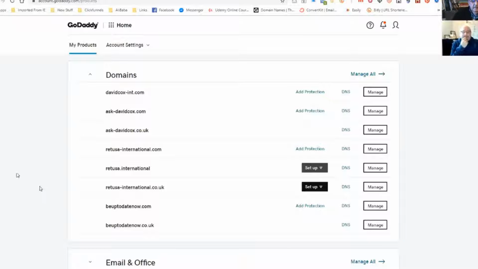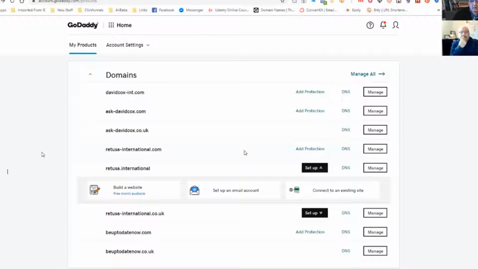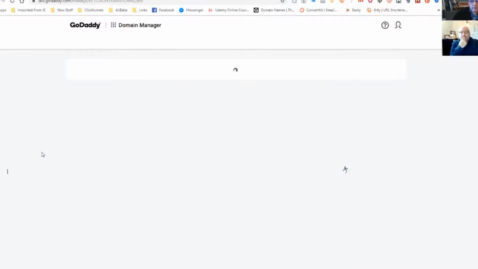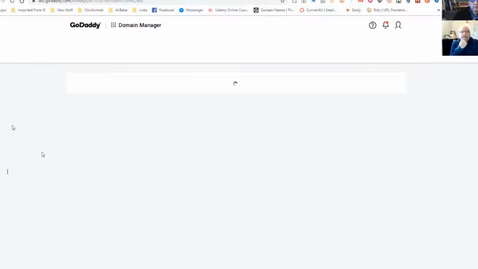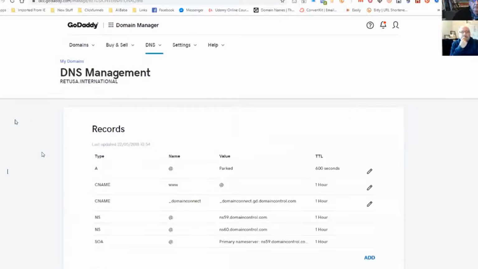All right then. So the one I've been working on is this one, reducer.international. So DNS is what I'm looking for. Are you familiar with DNS? Yep. Domain naming service? Yep. Okay. I haven't touched this domain at all yet, but I did